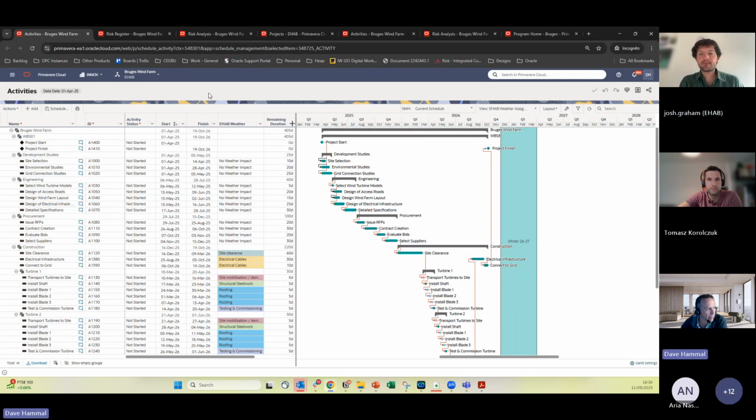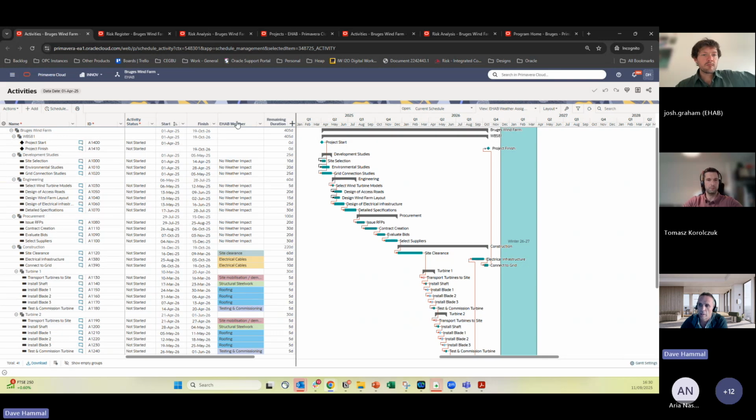So I've been working in risk a long time and involved in weather risk modeling for a long time, but the thing that's certainly changed since I've been working with Josh and EHAB is this concept, as Josh described, of moving from putting risks in the risk register that are things like rainfall and temperature, to being activity types. And this is an example of the code that I'm using in this case that Josh was just talking to.